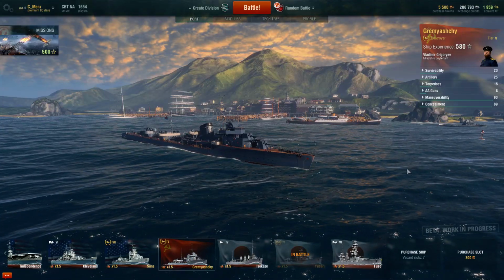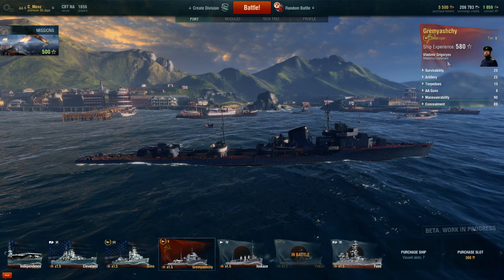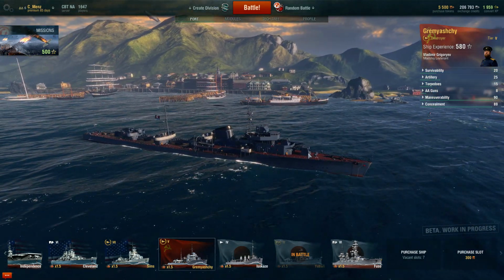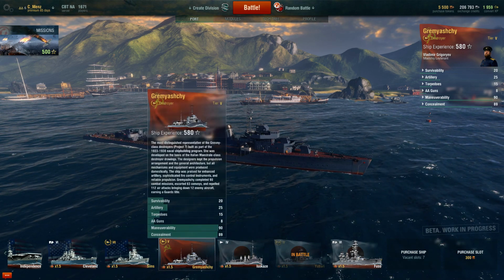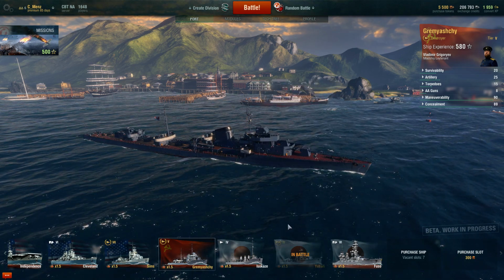Hi everyone, this is Menz here, playing the Tier 5 pre-order Russian destroyer, the Gremyashchy. I don't know how to say it. Now, basically there's pre-order packages available for World of Warships. You have the Tier 7 American destroyer, the Sims, this Tier 5 destroyer, and a Tier 4 Japanese cruiser, the